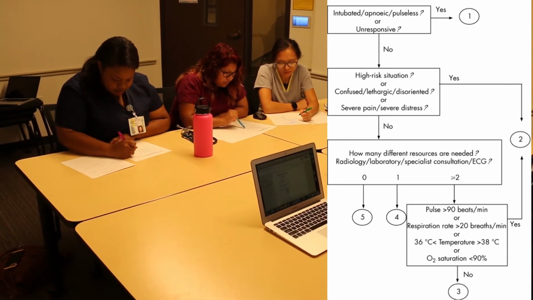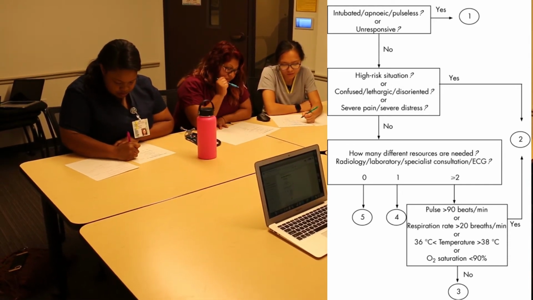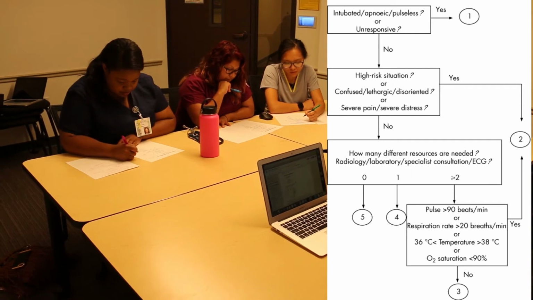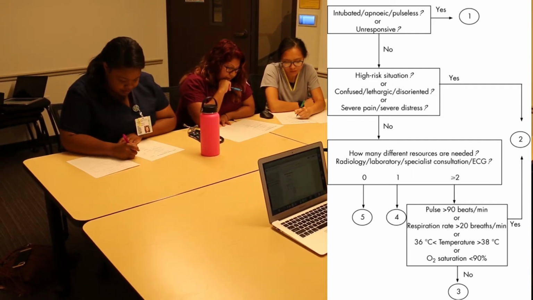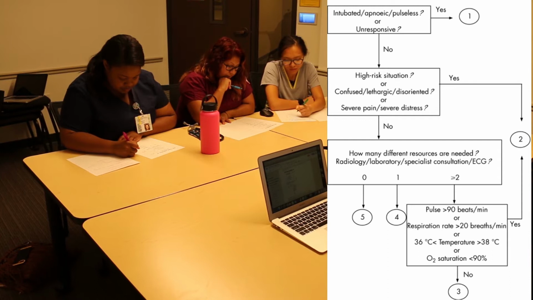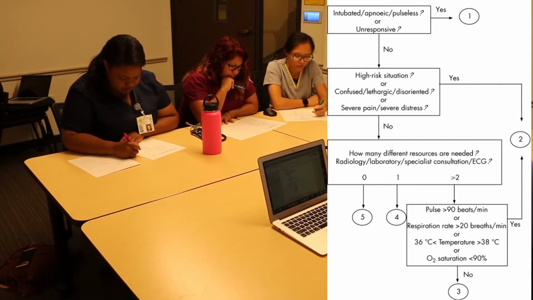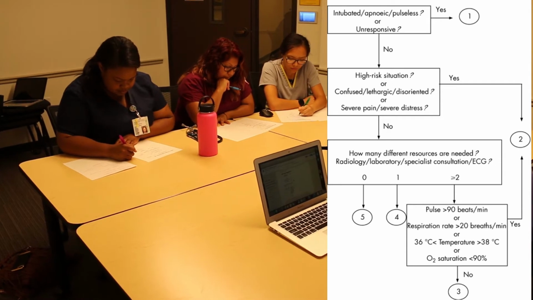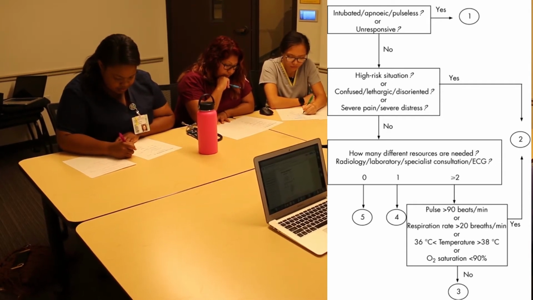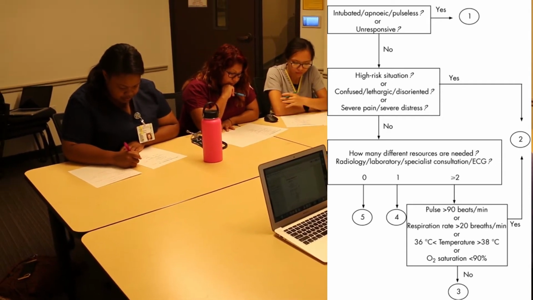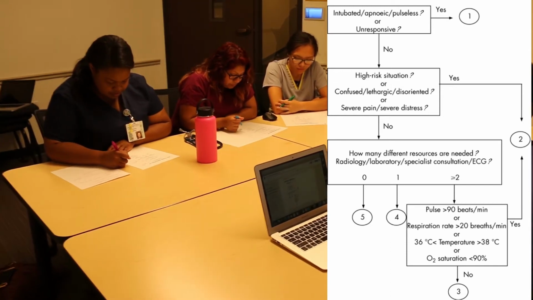Now box number 3 is how many different resources are needed? None, one, or many? If it's none, ESI of 5. If it's just one resource, ESI of 4. And if there's many resources that we need, we don't know how many, that's when we're going to be going to box D,